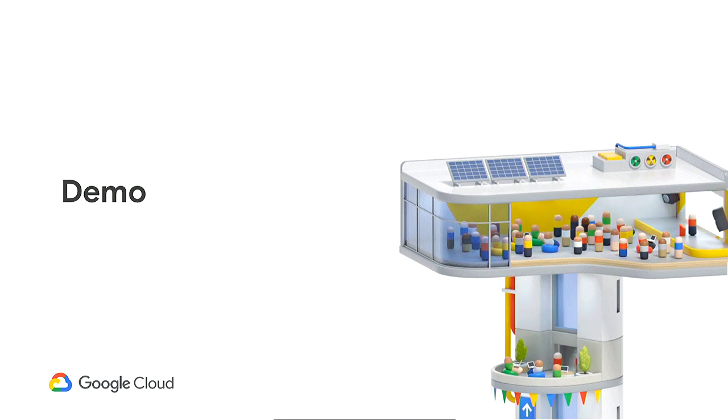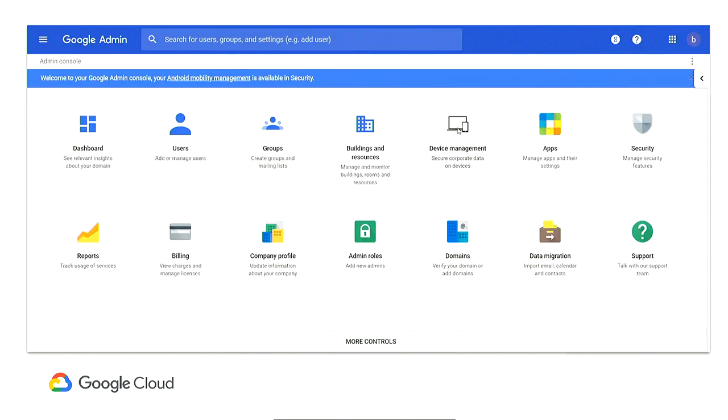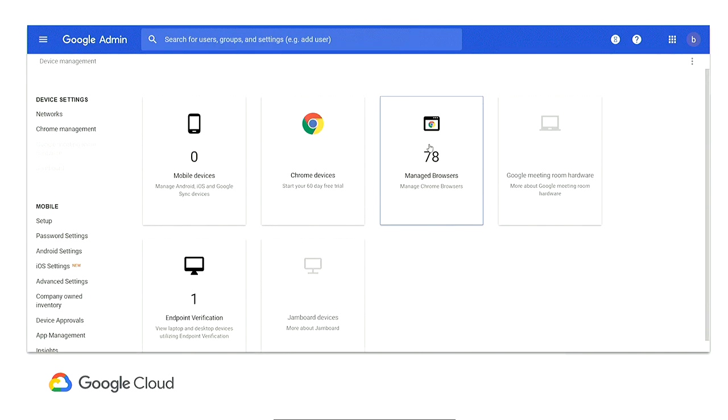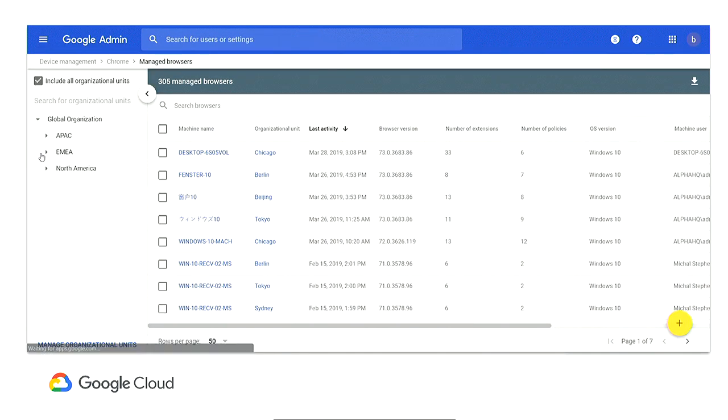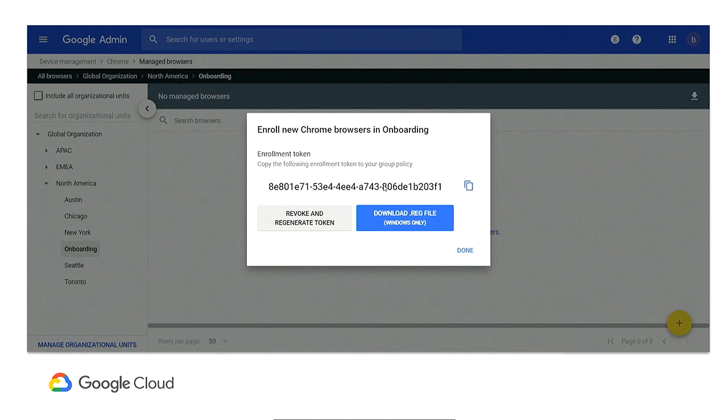So let's take a look at this feature. In this first demo, we'll actually walk through the steps for browser enrollment. What you'll see here is an administrator signing into the Admin Console, navigating to the browser management pages, selecting an organizational unit that they want to retrieve an enrollment token for, and retrieving it. So we're navigating to the device management pages, and then we're selecting Manage Browsers, which brings us into the Chrome Browser Cloud Management pages. We select our organizational unit on which we want to onboard devices, request the token, and from that point on,